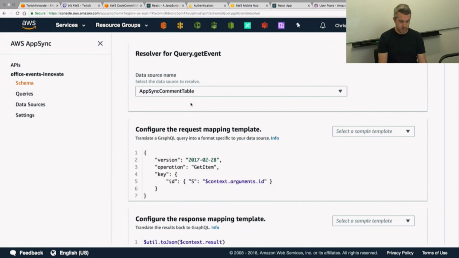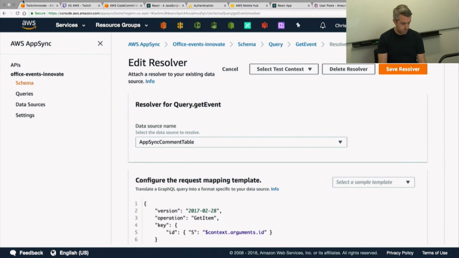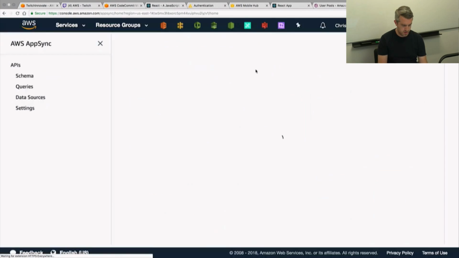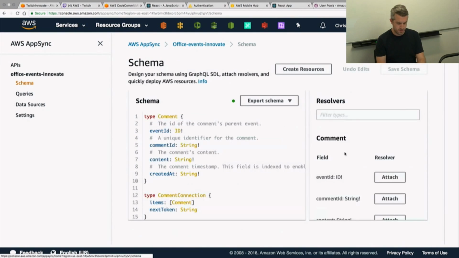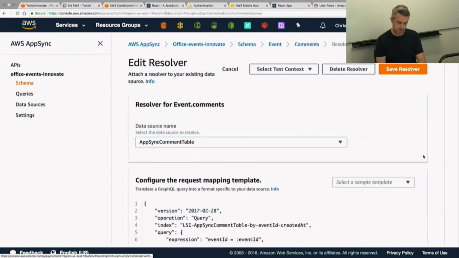Let me go and look at the comment table. Oops. Sorry, 1 second. Oops. Sorry. Schema. Sorry, if I go to the comment resolver,